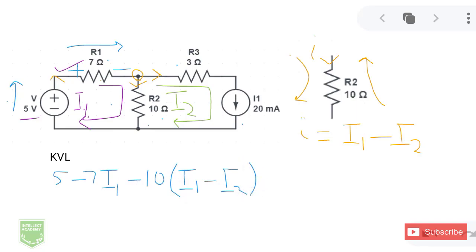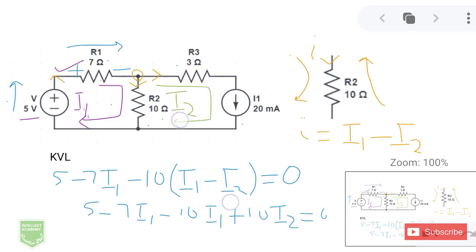And I'm going to give a negative sign to this voltage because it's a voltage drop, because it's a resistor. And so I've got no other component over here that I can write the voltage of. I'm going to put it equal to 0. Now we can easily solve this. So it's 5 minus 7I1 minus 10I1 plus 10I2 equals 0, and you solve it down, and it becomes